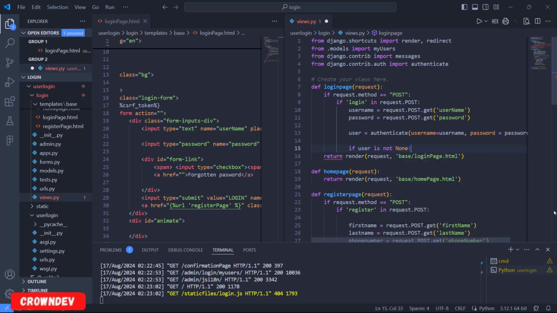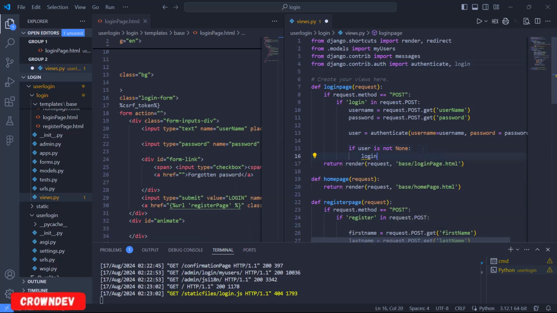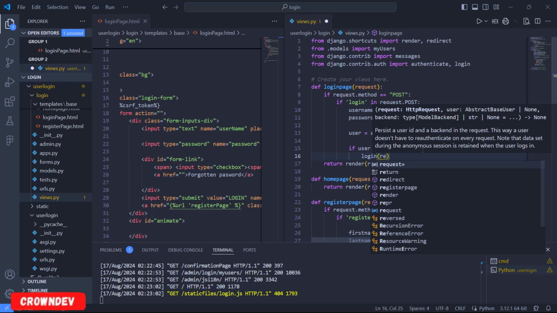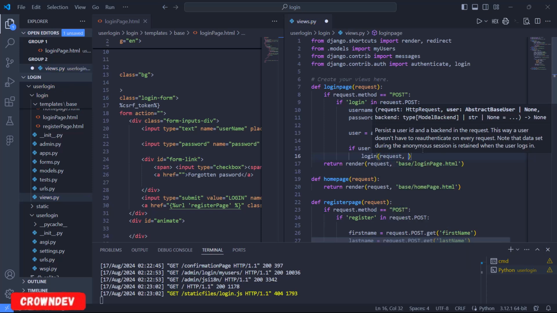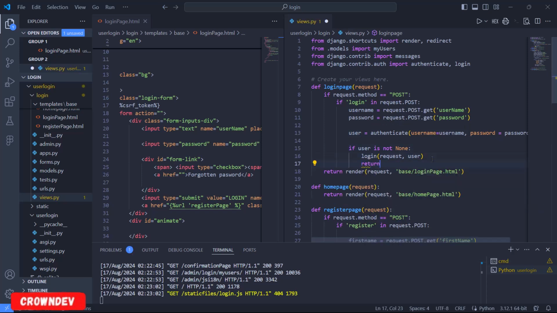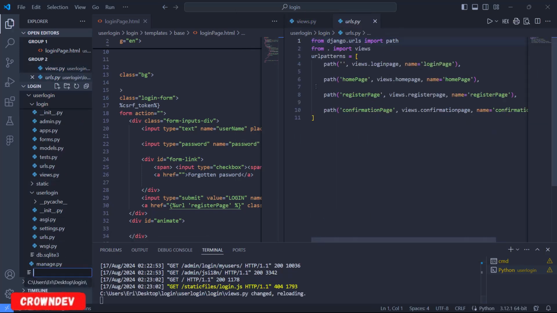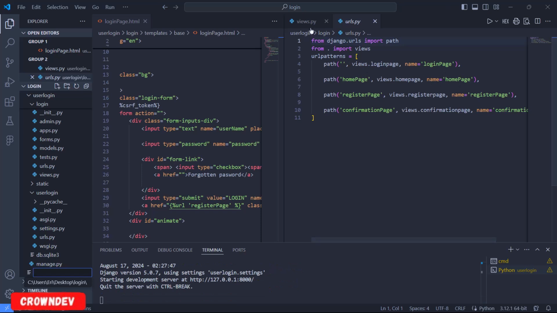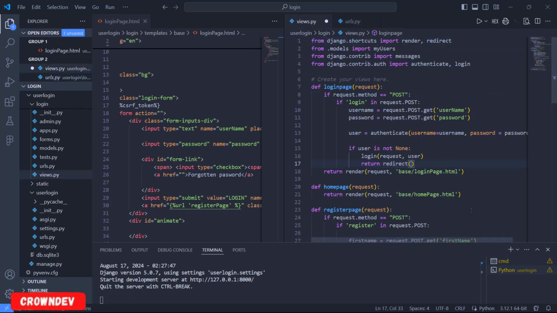So we're going to import something also called login from django.contrib.auth. We're going to import login. So we're now going to log in our user. So we're going to say login. We're going to pass in a request to log in our user, and our user is the user that has been authenticated here. So after logging in, we're going to return redirect. We want to return the user to the home page. And we check our URL, we already have the home page here, the path defined with the name of home page. So just let me call it return redirect